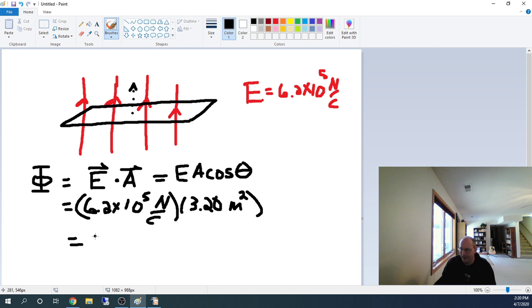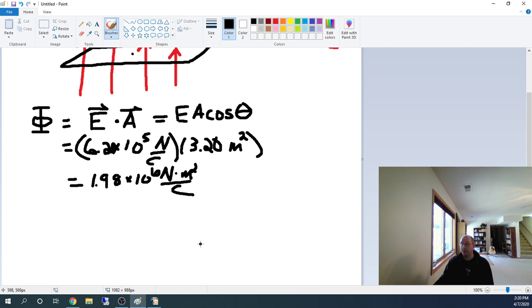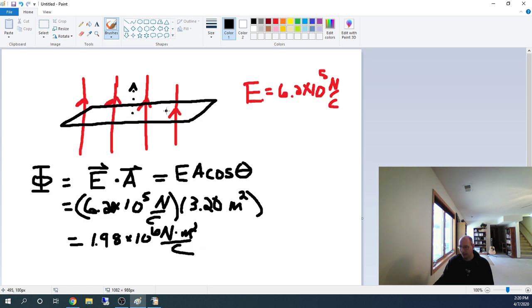They're using 3 now. All right, I'll just use 3. 1.98. That's actually a 6.20 there is what they said. All right, times 10 to the 6th Newton meters squared per coulomb, and that's the unit of flux. Okay, so that's part A, when the electric field vectors and the area are exactly parallel, the electric field being